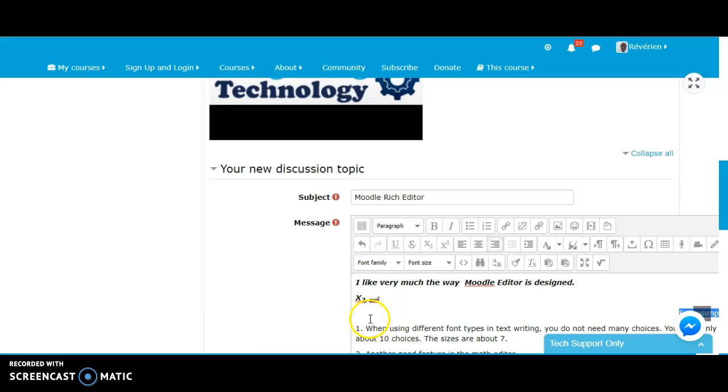And here we have another feature for indentation. You can indent this one, right indent, left one.